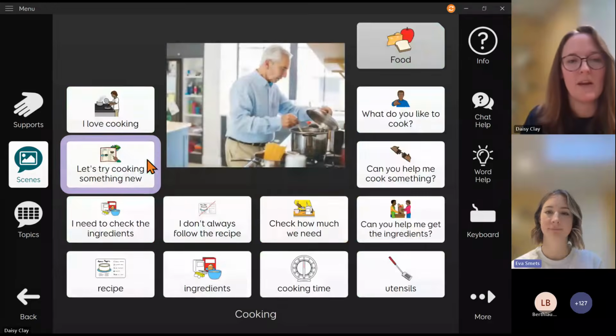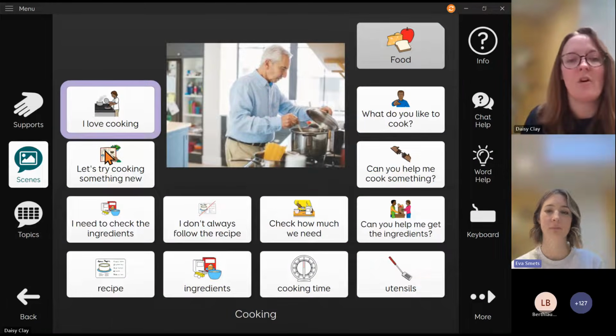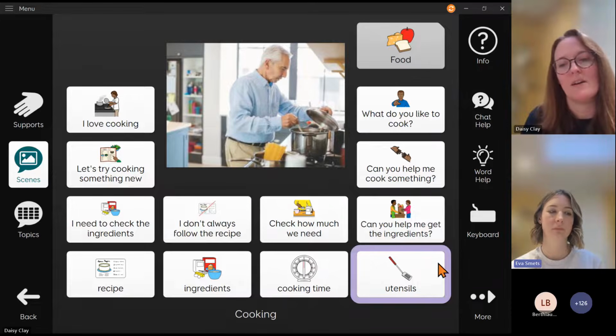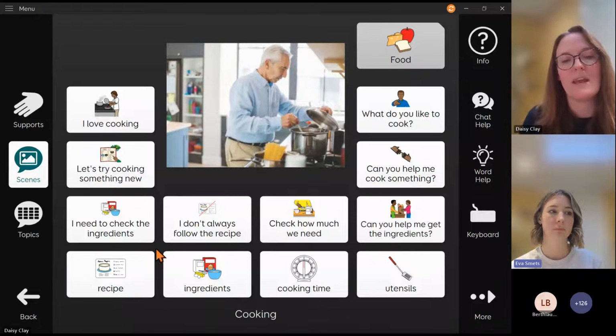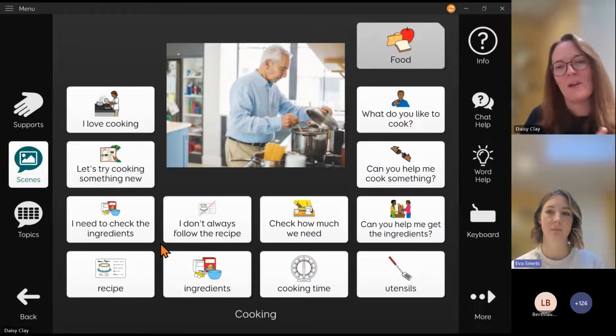So now if I go to scenes, I think we had a look at the cooking grid, so I'll choose that one again. We've got the large central photo, and we've got the phrases around the outside, but we've also got the words on the same grid. Because there's more space, it's not split across two grids as it was before with Duo 9.